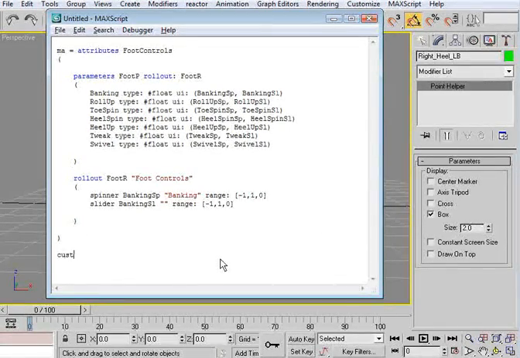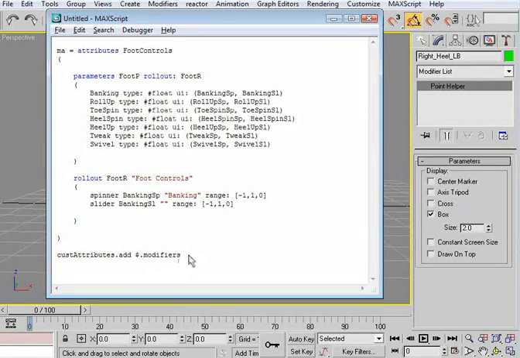So we're going to write custAttributes.add, which is going to add our custom attributes to something. What are we going to add it to? We're going to say $, which is code for selected object, .modifiers, which says the selected object's modifiers,